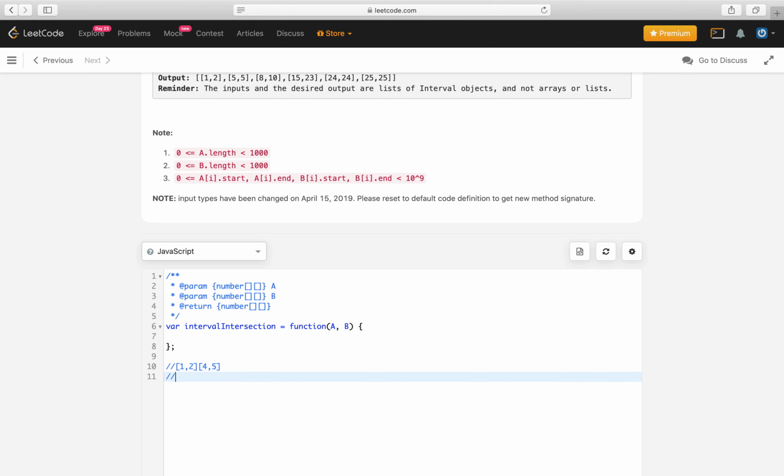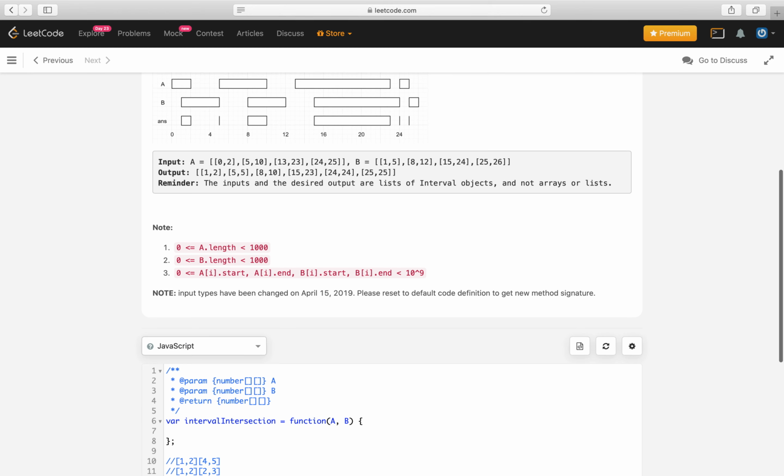We need to understand that [1, 2] and [2, 3] is not a disjoint set, because 2 is a common element between them. So this is the definition of disjoint we need to keep in mind. And the second thing is, what is a closed interval? For interval [A, B], always make sure that A is less than or equal to B, which will be very helpful when we are implementing this solution.